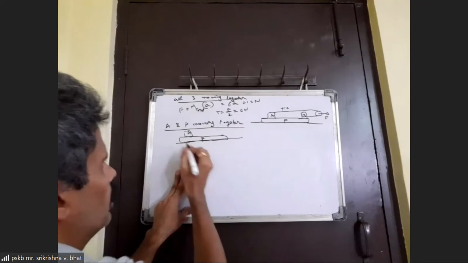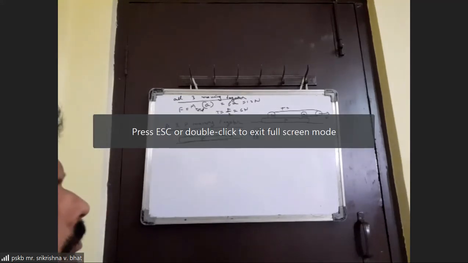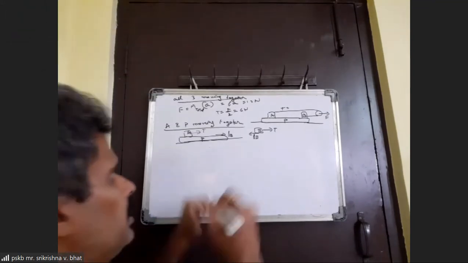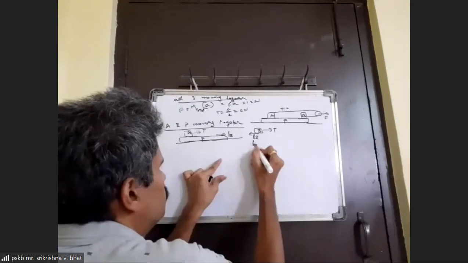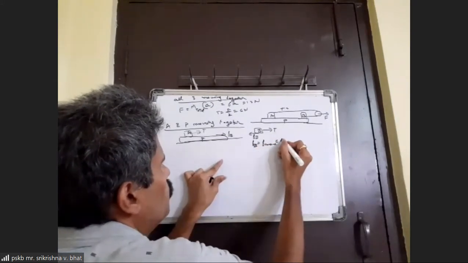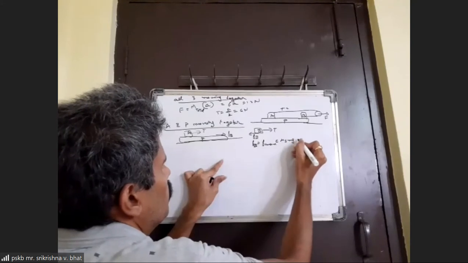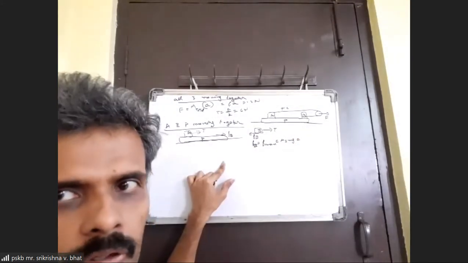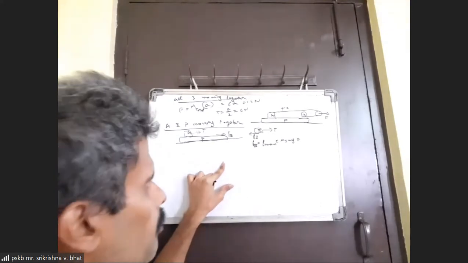So this system of A and plank has one external force, and that is tension. And it has one more external force, which is the friction due to B. These are the external forces on P. Moreover, the value of friction due to B will be the same as the maximum, which is nothing but mu_s, and the value of mu_s is given to be 0.16.